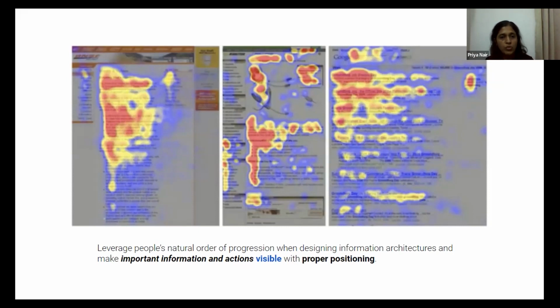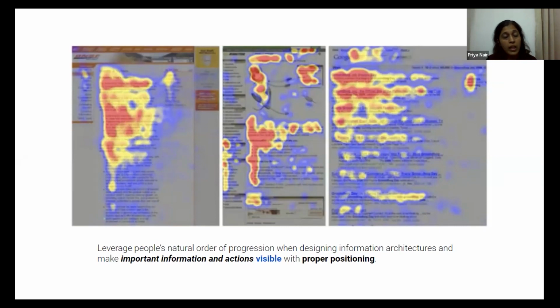What was found is that the areas marked in red are where most of the users focus their attention, followed by the yellow areas. So there will be fewer users looking in those yellow regions. And then is the blue region, where much fewer users would be looking compared to the yellow one. And then the gray areas are the ones where people usually skip. They wouldn't be looking at it, right? So that is how